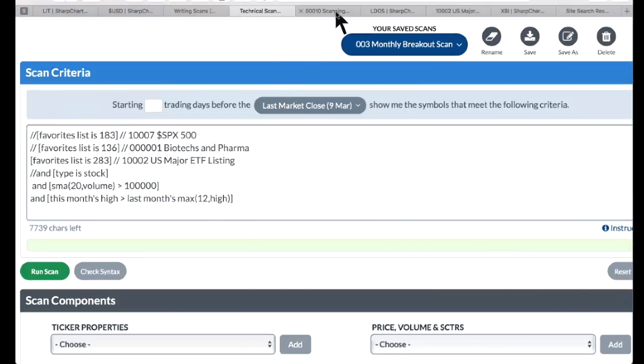When you run these scans, the second component to that is taking, in this case, I've stopped. I said, let's go look at the S&P 500. And so what I would do is I would turn that one on and then just use these 2 slashes, and then it will ignore whatever is on this line here. So it's going to look, and my favorites list is 183, and the name of that is 10007, S&P 500. So when we run that scan,